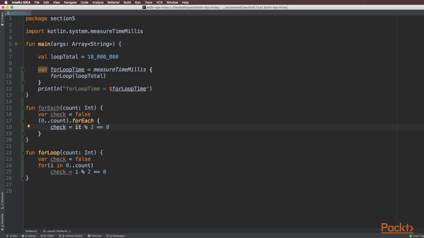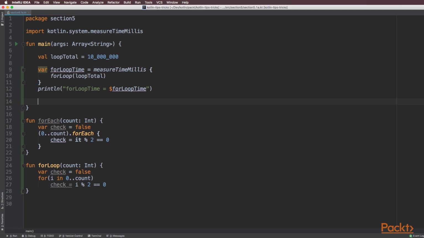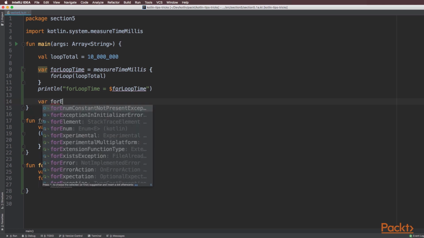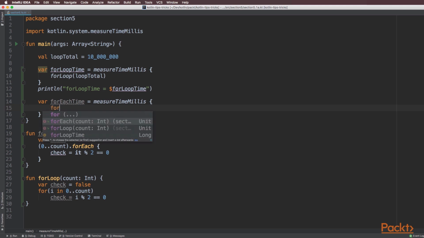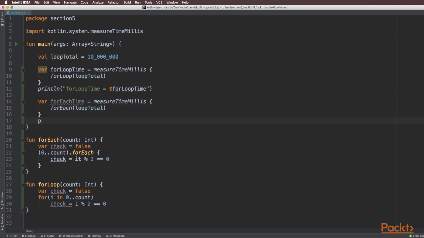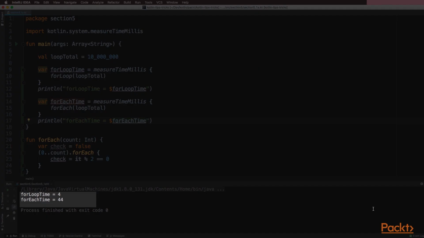Now I'll create another milliseconds function just to measure the time that this function takes. In this case, I'll create a value called for each time. And we can call our for each function and again pass in the loop total and display that and run the code. And this particular function is taking around 10 times longer,